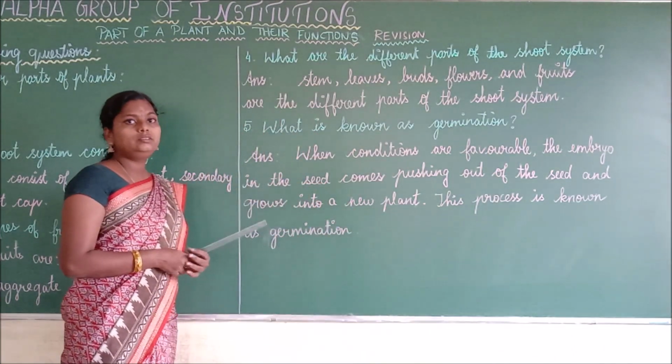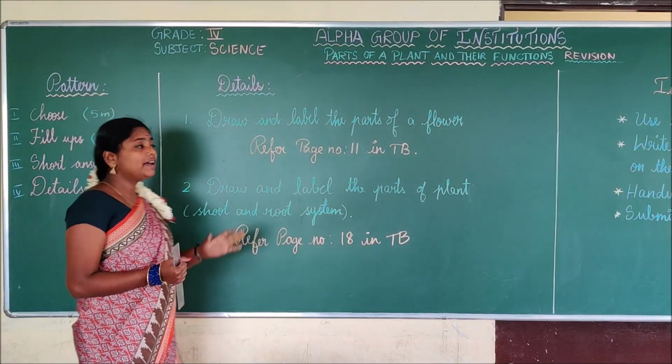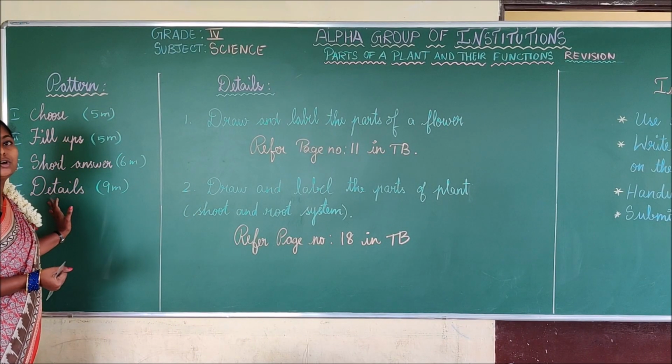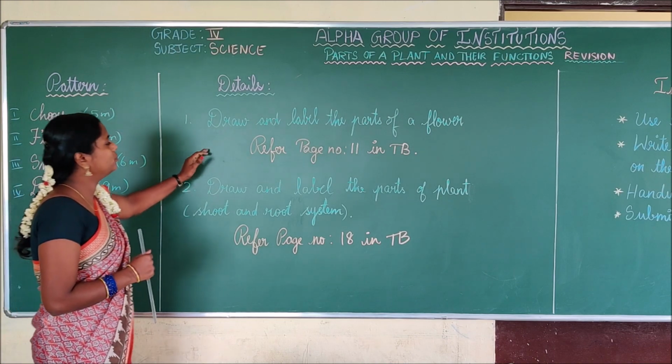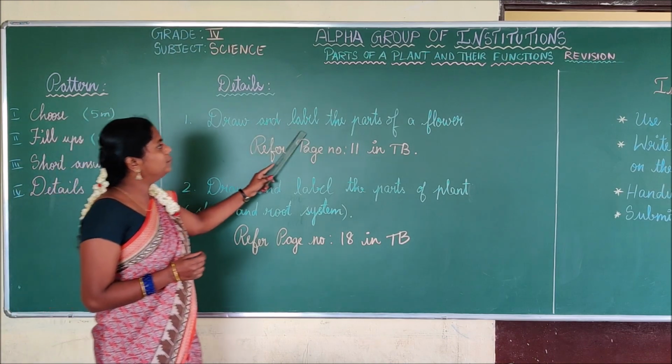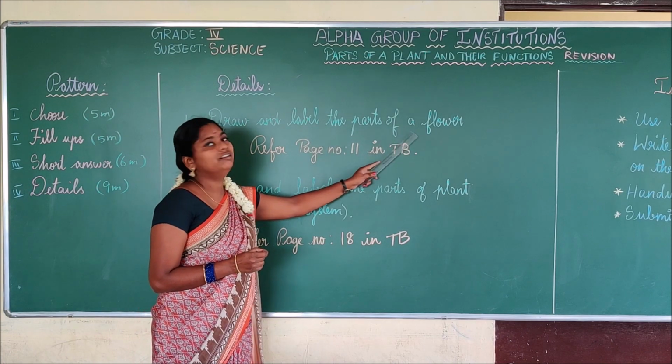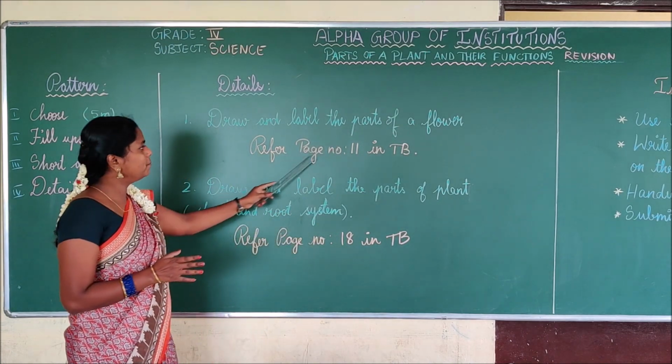Is it clear, children? Children, the last part is details. This part contains 9 marks. Here the first question, draw and label the parts of a flower. So refer to page number 11 in your